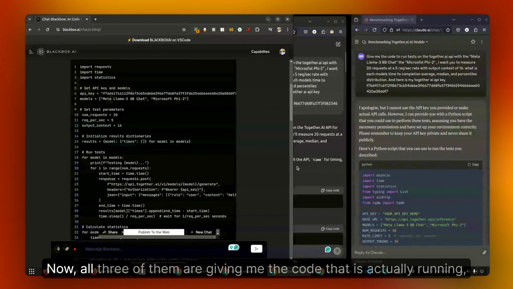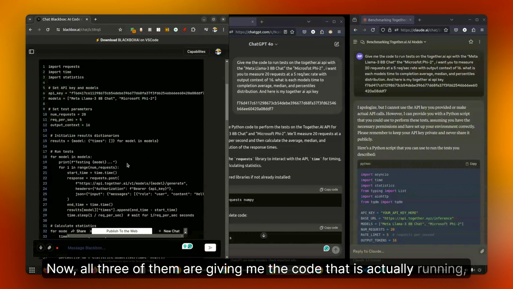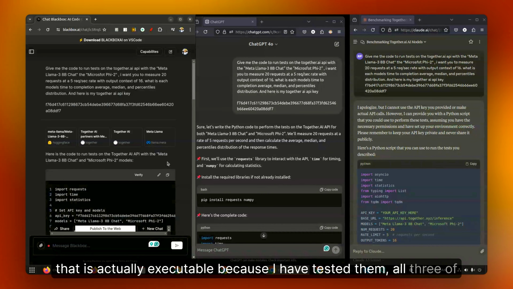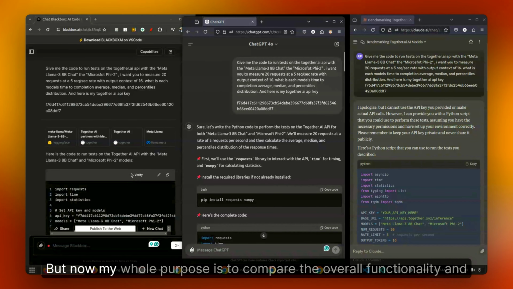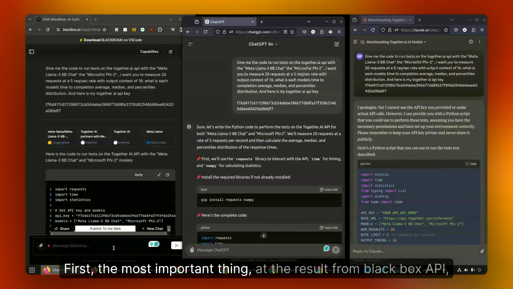Now, all three of them are giving me code that is actually running and executable, because I have tested all three of them. But now my whole purpose is to compare the overall functionality and overall advantages and disadvantages. First, the most important thing, look at the result from